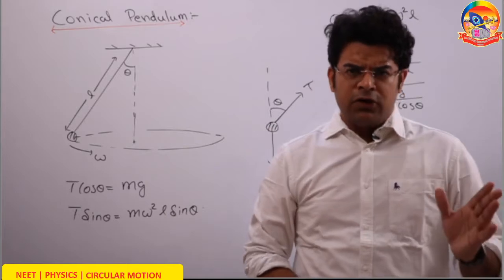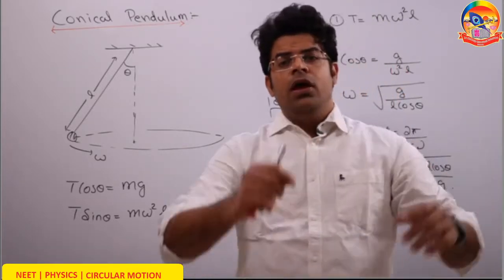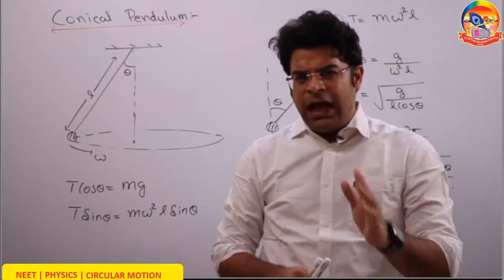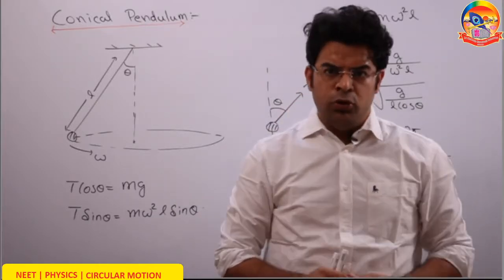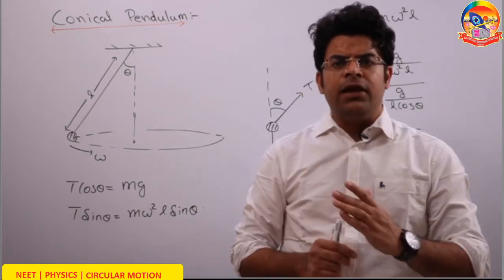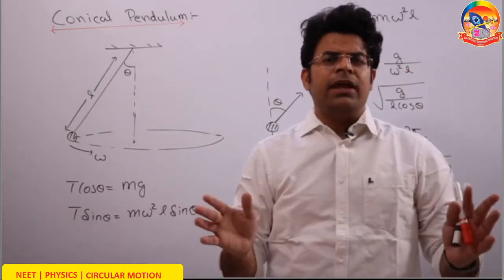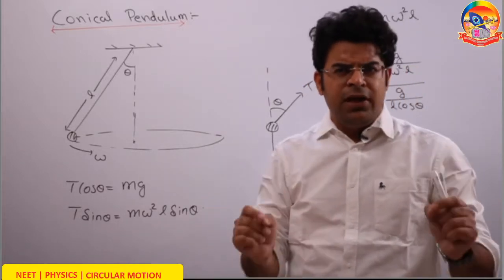Now in the second part of circular motion we are going to focus on banking and vertical circular motion. When the question comes in NEET, it is highly probable that it will be from vertical circular motion. So listen to this lecture carefully. But before I go on banking, I will like to discuss the concept of conical pendulum. Why? Because banking and conical pendulum concepts are near about the same.